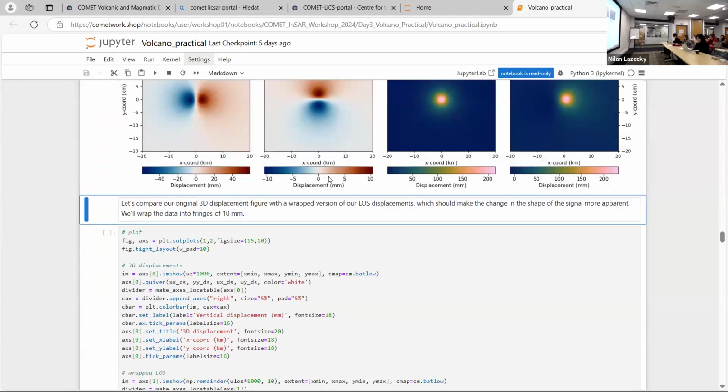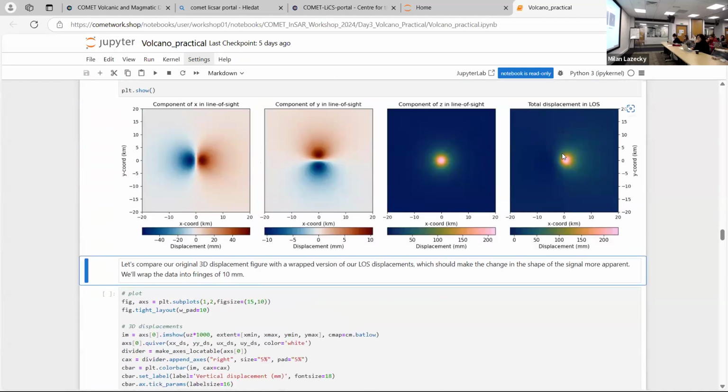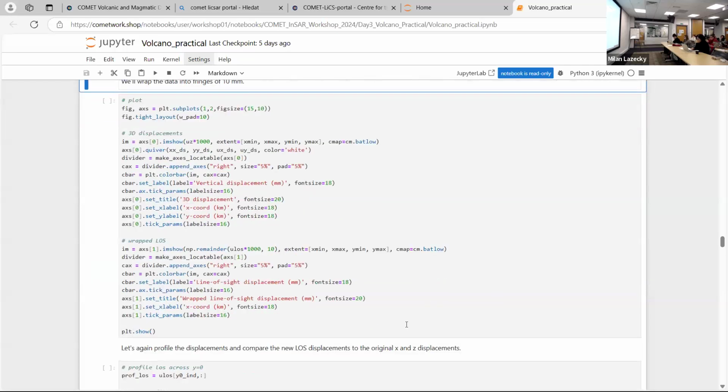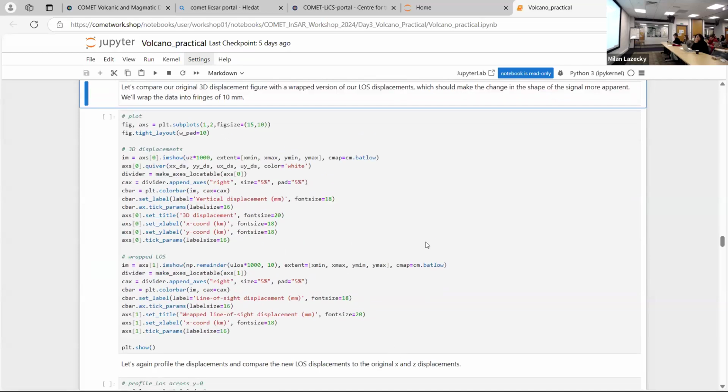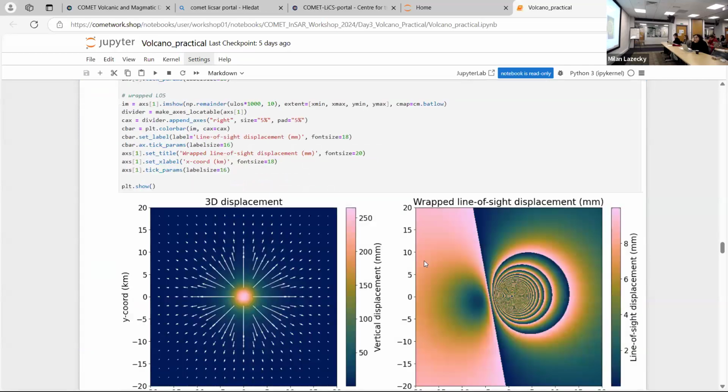So now we're going to move away from just the magnitude to actually wrapped line of sight. As I'm sure you've learned over the last few days, we measure these changes in the unit of wavelength, or they're plotted in wavelength if they're not showing the total displacement.